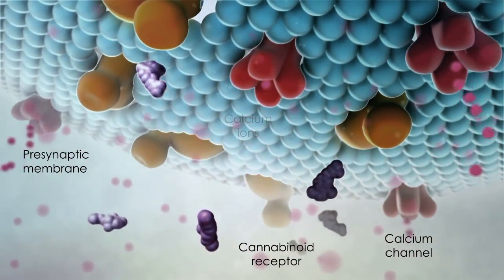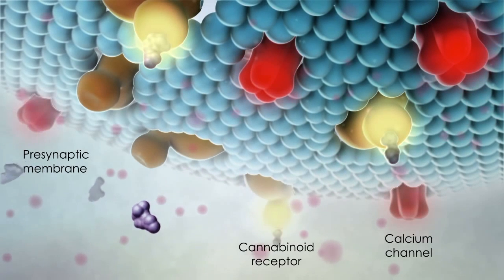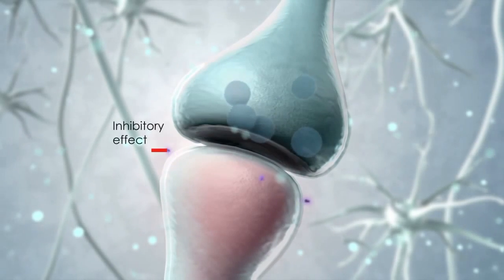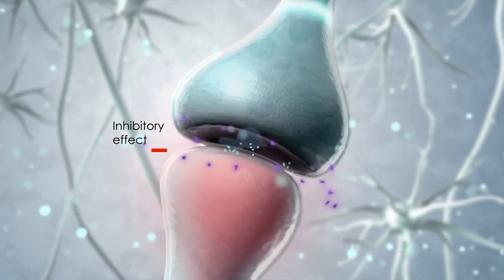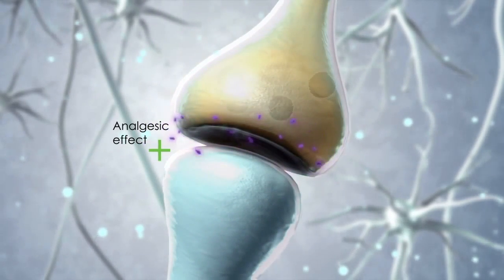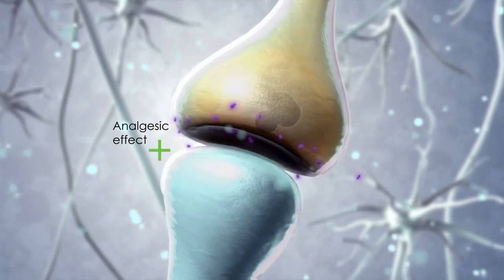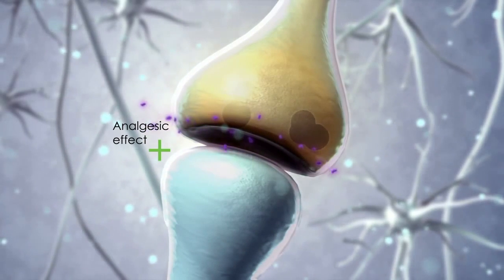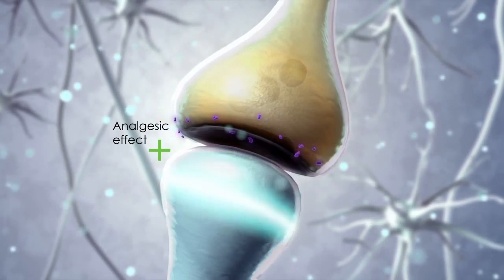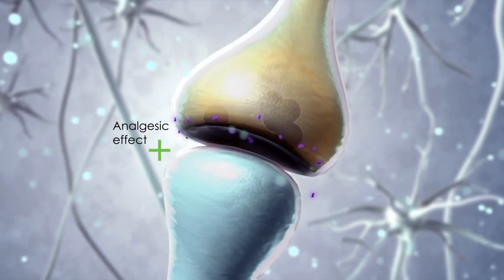Binding of the endogenous cannabinoids affects intracellular signal transduction pathways, reducing the influx of calcium ions into the presynaptic neuron, causing a decrease in further neurotransmitter release. This in turn influences the frequency of postsynaptic firing. The administration of exogenous cannabinoids orally or through inhalation may therefore provide an option for treating pain that has responded poorly to conventional pain therapy.